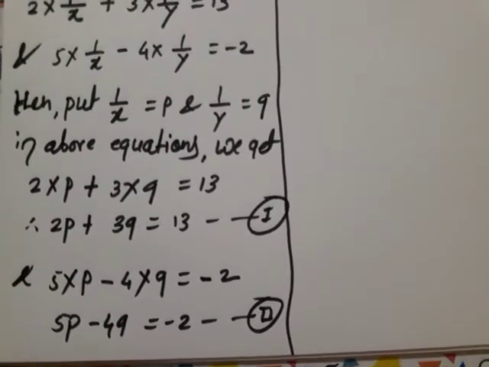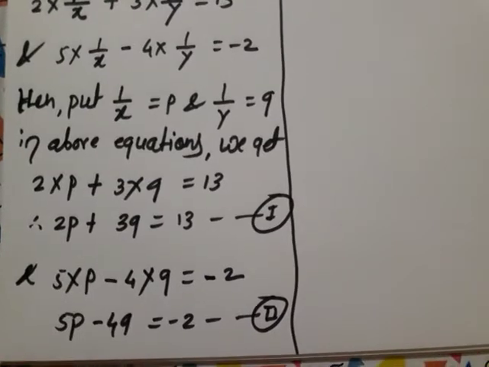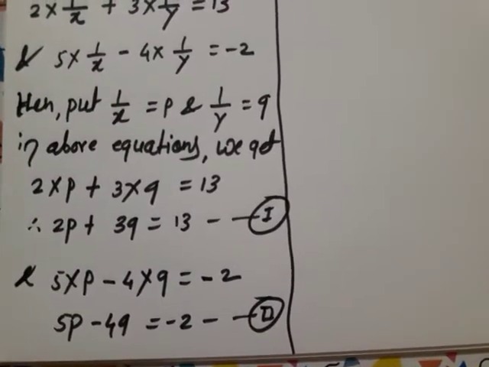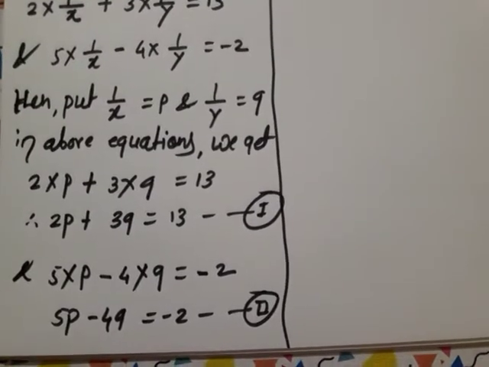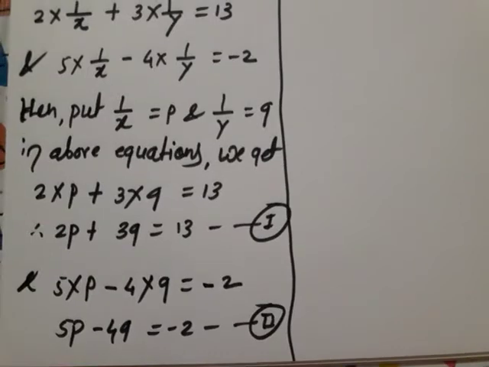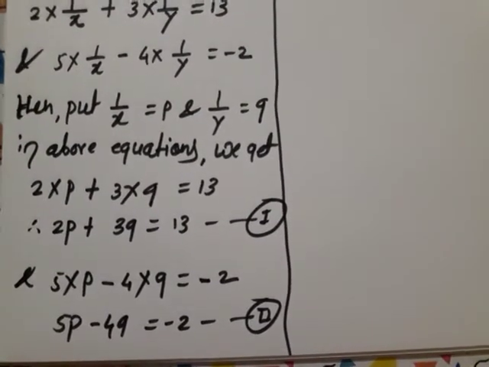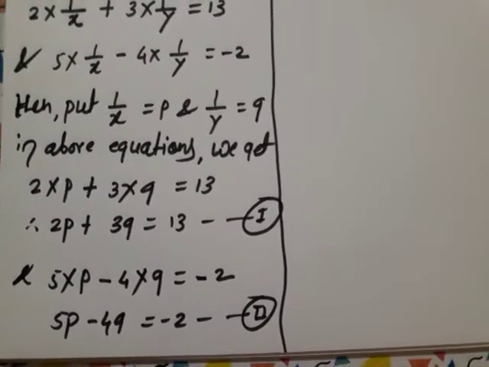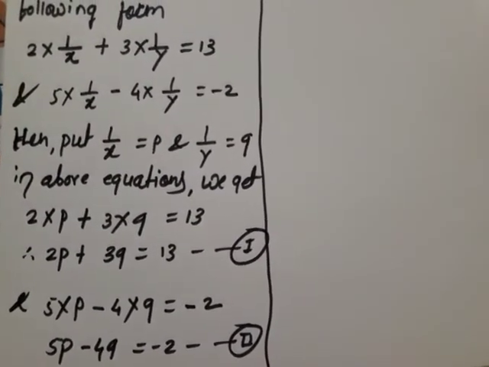In the table of 3 and in the table of 4, suppose we see that 12 is the nearest number. We can convert those 3 and 4 into the form of 12. Are you getting? Then for that purpose, we have to multiply the first equation by 4 and the second equation by 3. Then we can convert 3 into 12 and 4 into 12 also, and we will get the same coefficients. And after that, we can solve it. I am going to show here.